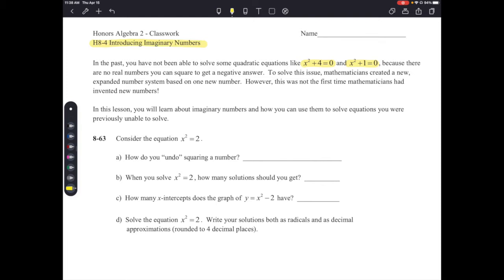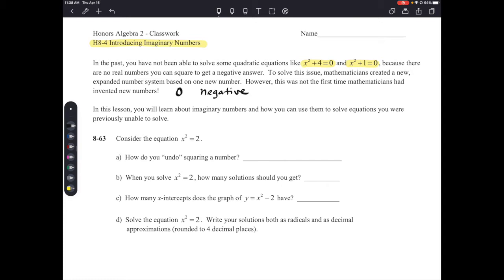Okay, and this is not the first time that mathematicians invented new numbers. If you paid attention to the video that I posted in Schoology on Thursday, it went through the history of some imaginary numbers and just some of the number systems. Other numbers that were created were numbers like zero, right? They didn't always have a zero. They didn't always have negative numbers. Okay, so these numbers were, I don't want to say invented, but they were created to explain different concepts